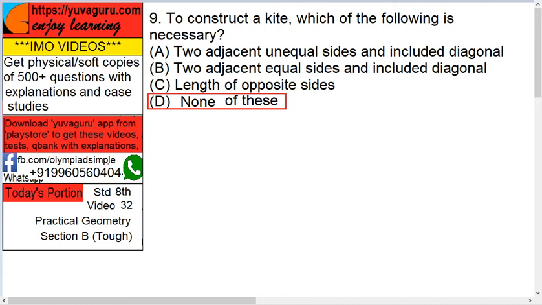These unsaid conditions are there, because these are the basic properties of the kite, so that's why they are